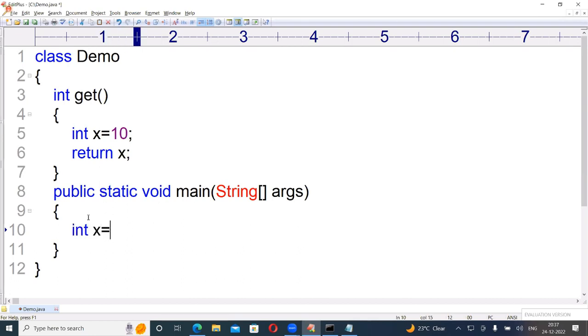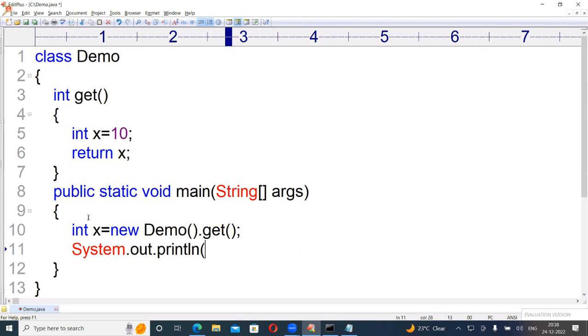int x equal to x also you can write. That is same x, this is same x, that is local there, this is local here. Now, next. new Demo().get(). Next, System.out.println(x). With object reference: Demo d = new Demo();